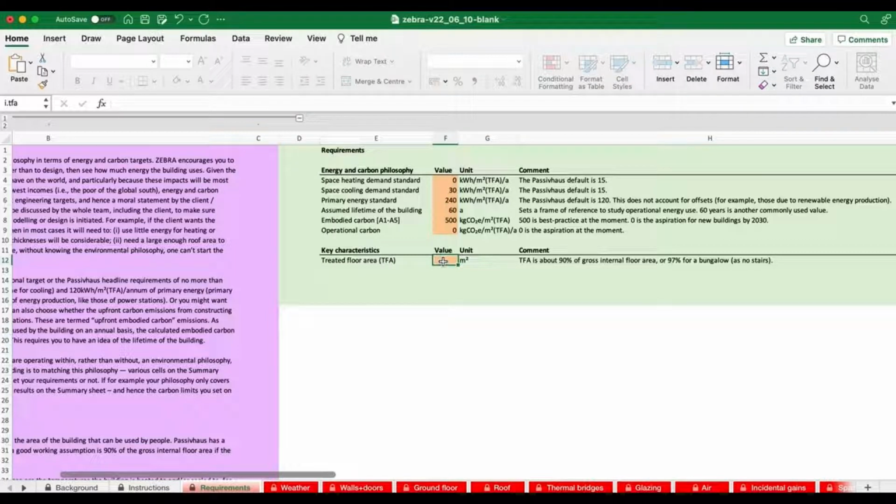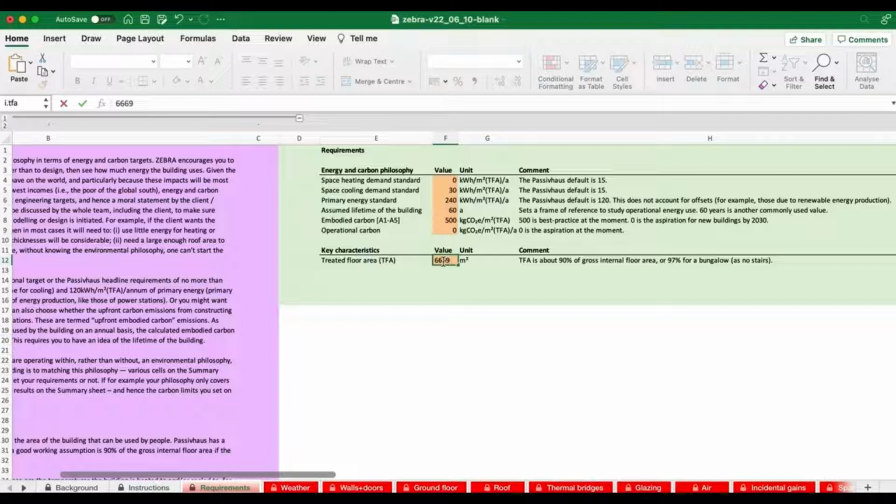And if you've got services areas, it subtracts those as well. But the easiest thing is just to multiply your actual gross floor area by one of the values specified here, either 0.9 or 0.97. And for our building, I've pre-calculated it, which is why I like using that table beforehand. And we've got 6669 meters squared of treated floor area.